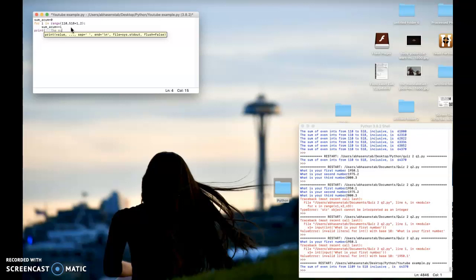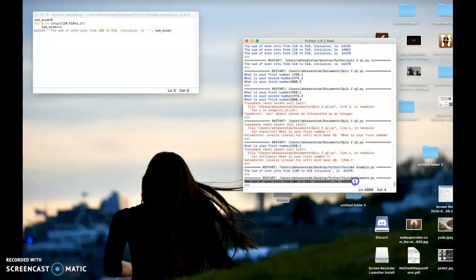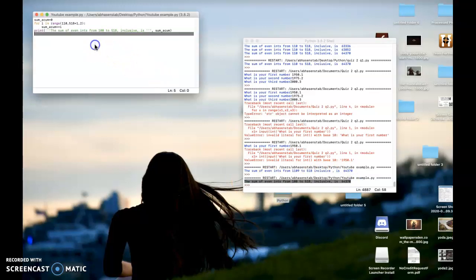Okay, the sum of even ints from 110 to 518 inclusive is, and then parentheses. And then we also want to include our sum accumulator. Alright. File, save, and we're going to run it. Copy, paste, and